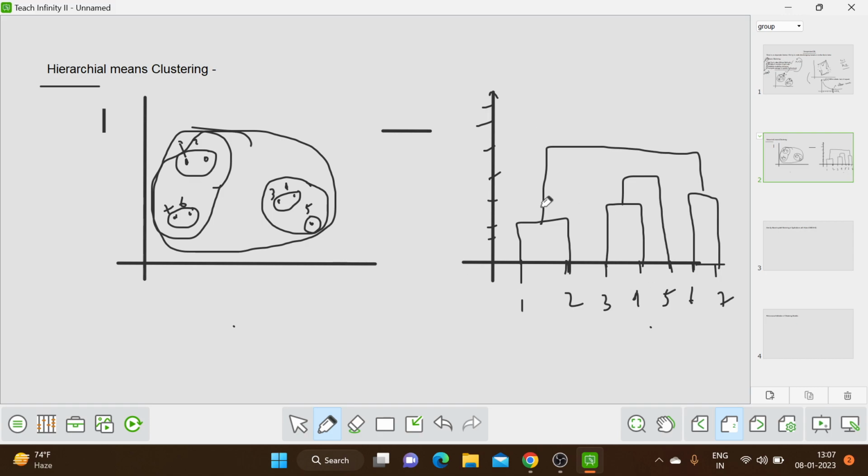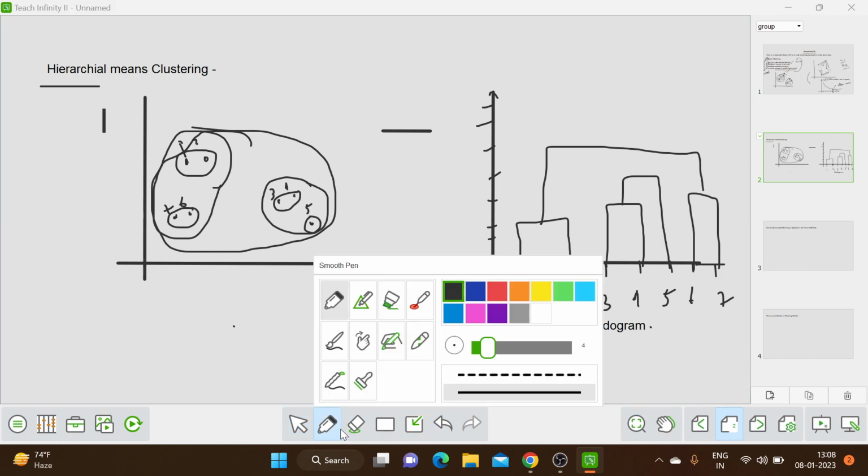Now this graph is known as a dendrogram. It's called a dendrogram. Like this we are drawing. Now how to find the k value? Sorry, not the k value, how many clusters are there. We will draw a line. We will draw a straight line such that